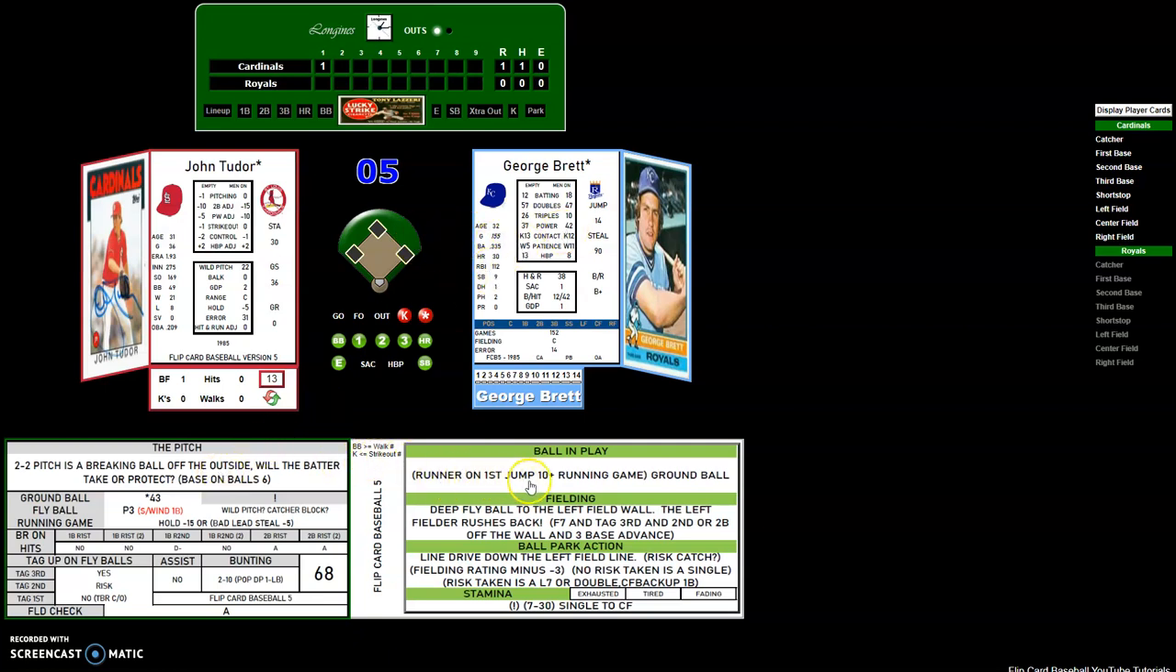So runner on first, jump 10+, running game. Runner on first. Otherwise, it's a ground ball. So it looks like it's a ground ball. Runner on first, jump 10+ or better, you would do running game. Otherwise, it's a ground ball. So it is a 4-3 out with an error check, because the asterisk at the beginning means it's an error check